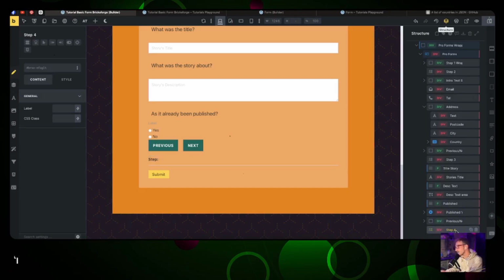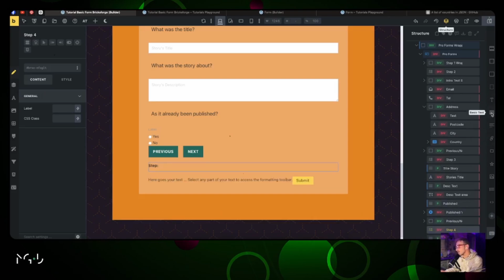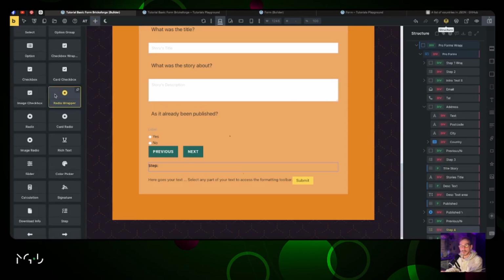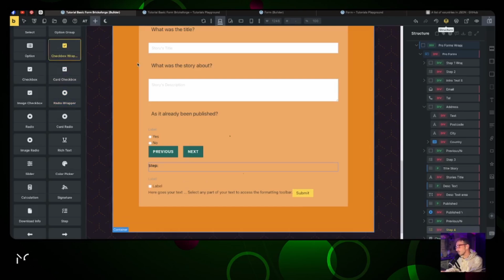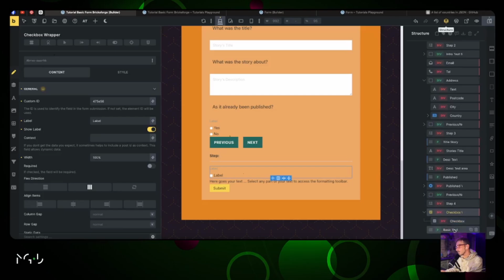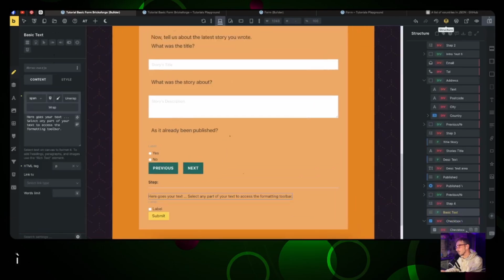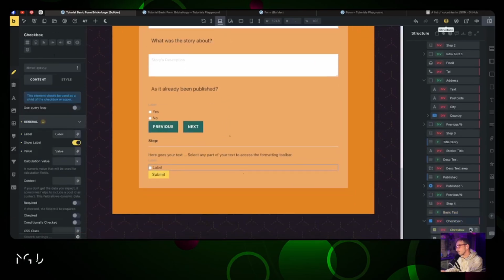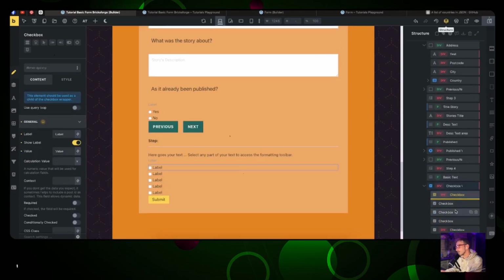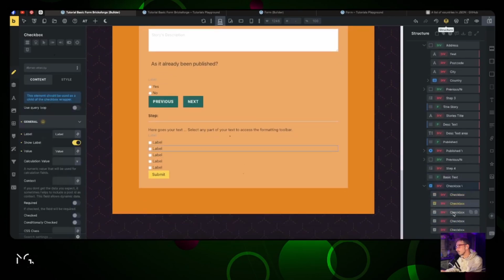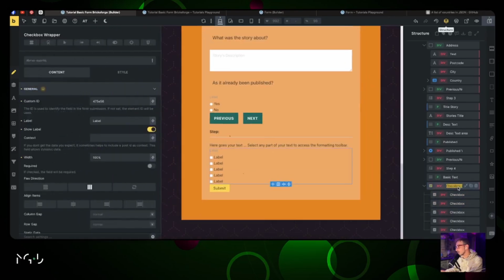Okay, under that step, we are gonna use a basic text. And we are gonna use a checkbox wrapper. So we have the radio checkbox wrapper right here. Okay, and that's it. Okay, so in our checkbox wrapper, oops, the basic text should be above. Okay, and we're gonna add 5 options. So we're gonna do it 3, 4, 5. We're good. Boom. And we're gonna call this